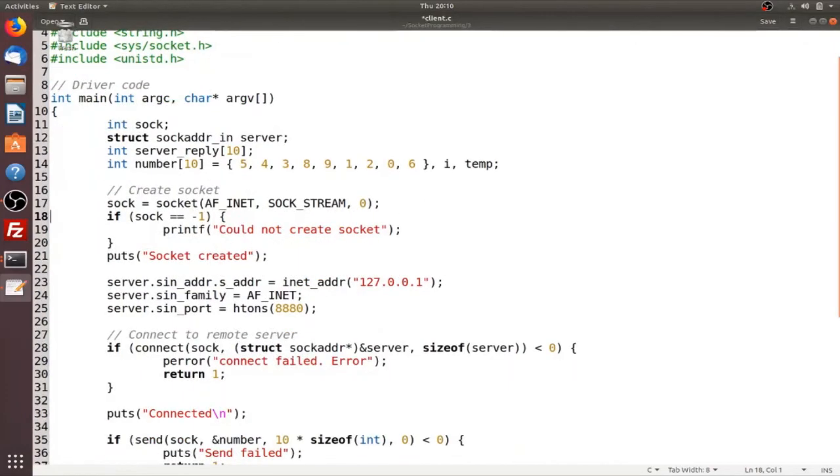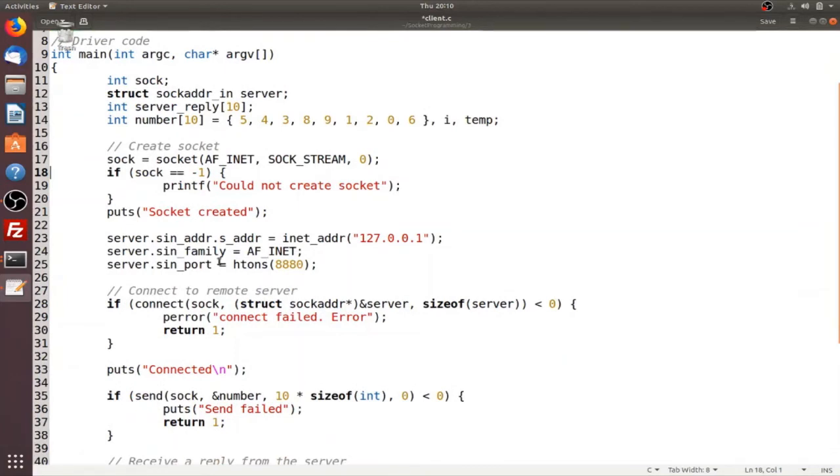So first we will be creating the socket as usual and returning the value to a variable called sock, then checking if the socket has been created correctly or not. Then we would be assigning the address same as in your server side of the program. Then we would be using the connect function to connect to the server, and the connect function is only used by your client. And then after applying the connect function, we would be checking if it has been applied successfully or not and printing the message accordingly in line number 33.